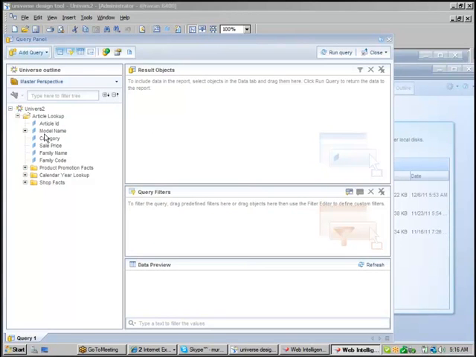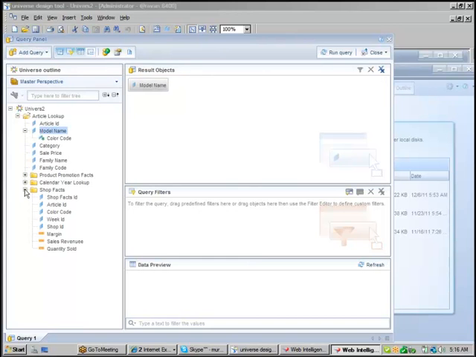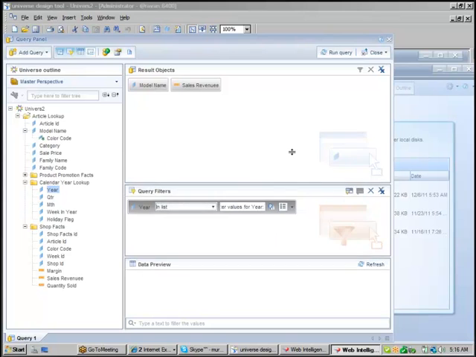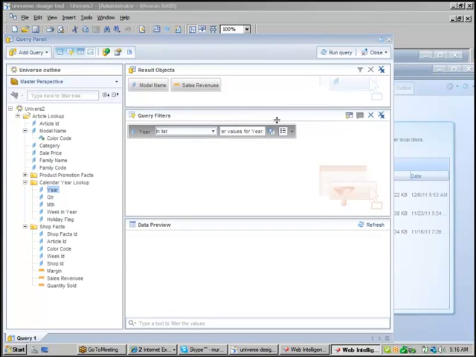Then drag and drop required objects into the result objects pane, and if you want to make a prompt here, drag and drop the object into the query filters pane, and select the operator as in list or equal to, whatever you want based on the requirement. Then for operand type you need to select prompt. I selected prompt.